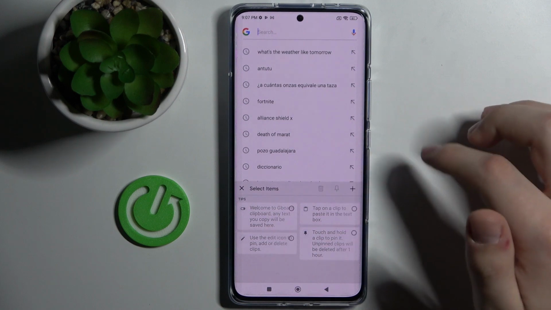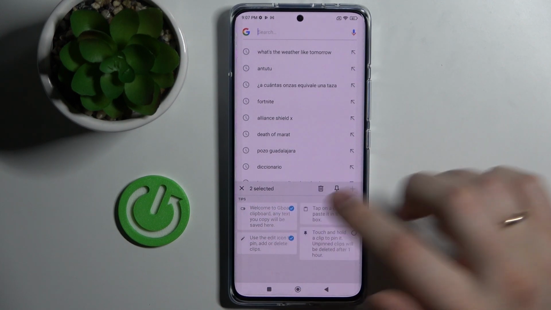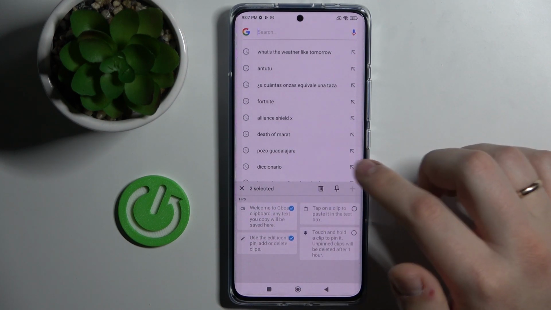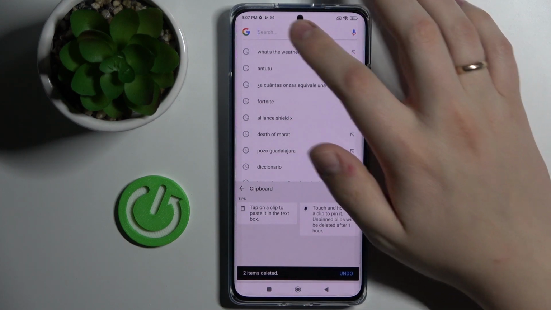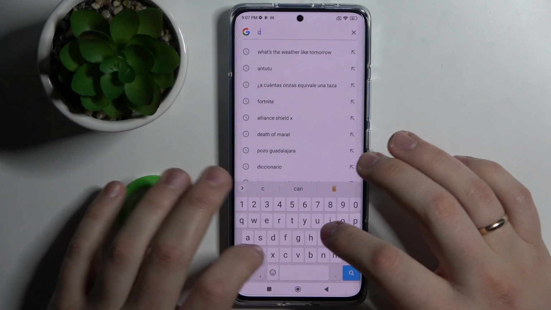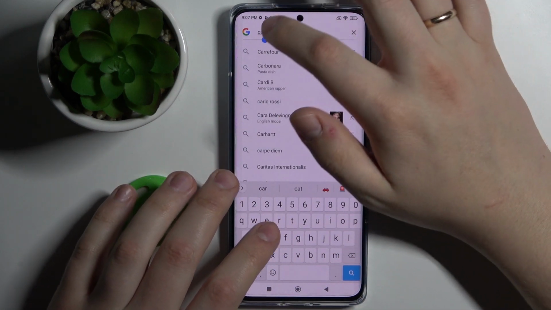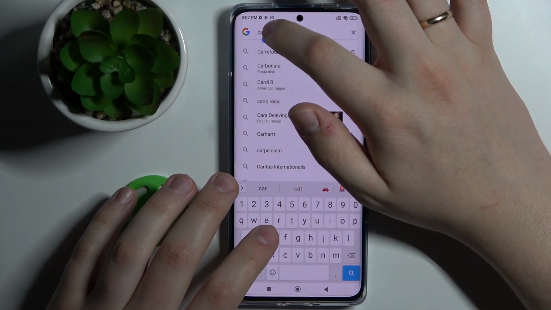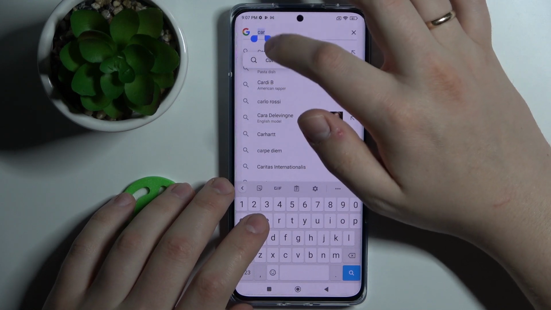You can manage its filling just by checking it and deleting, or you can also add some elements to it. Let me show you how. Just type some word, select it, copy,